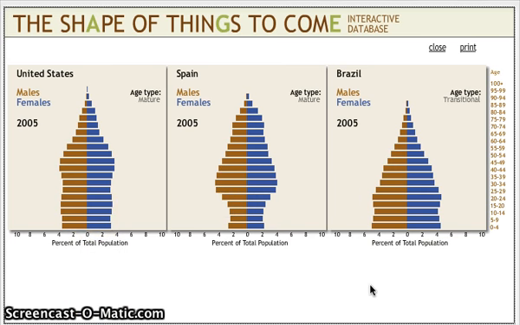At this point I would ask students to compare what these different stages or these different structures could mean predictive wise. Again, the United States looks relatively stable. Spain, since it has such a small proportion of young pre-reproductive individuals compared to reproductive and post-reproductive individuals, could be predicted to have a population that's shrinking, whereas Brazil, which has slightly more pre-reproductive individuals than the reproductive individuals,